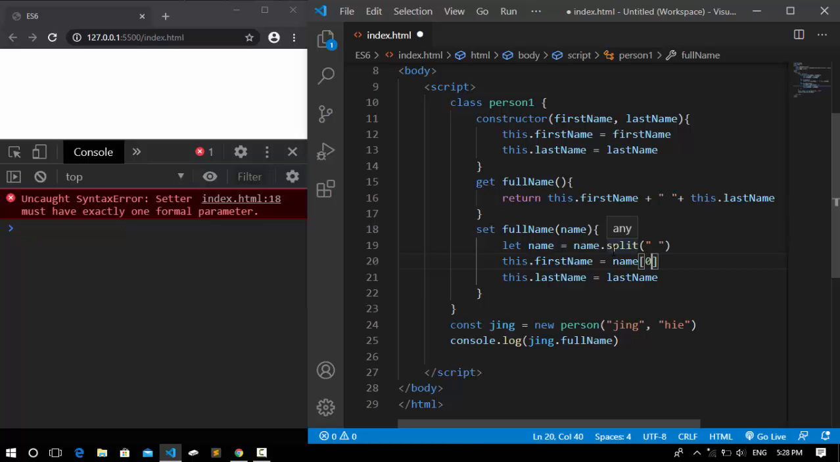If you didn't know about the split method, it splits the string elements or the string characters according to a specific character into arrays. So we have the first element here and the second element here, which has the number of two. Now if I save it in the console, we still get that error because we have